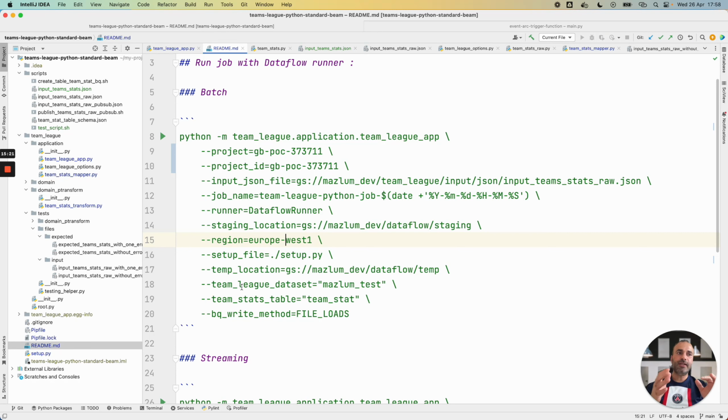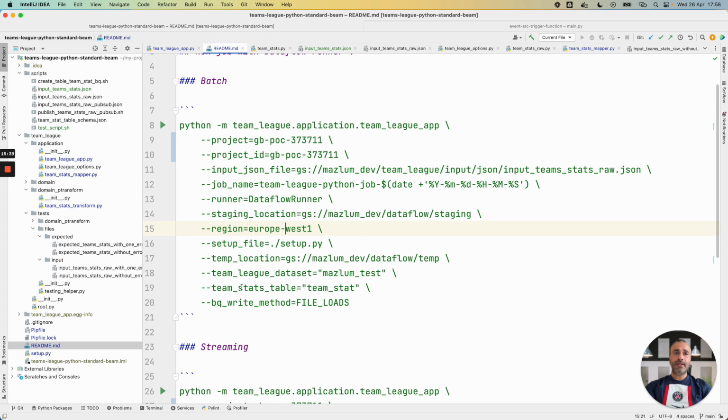For example, if the data increased, the Dataflow runner can create other Compute Engine VMs and workers and parallelize all the data across the workers.